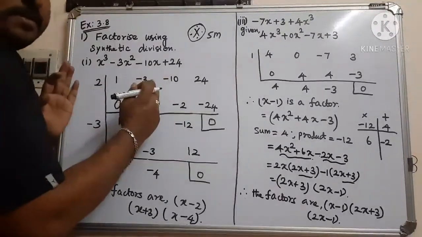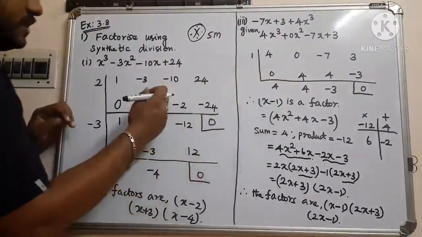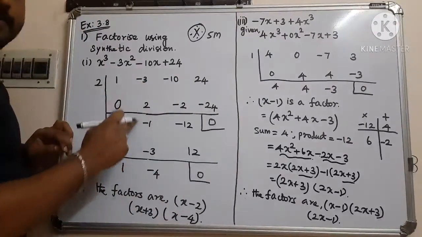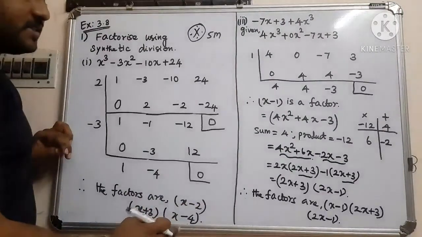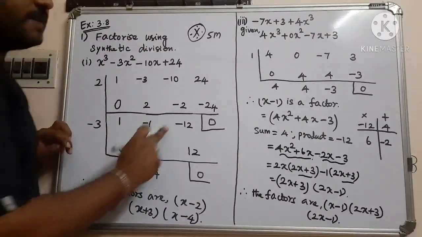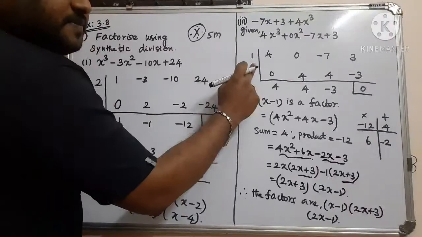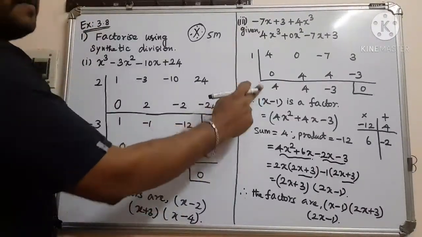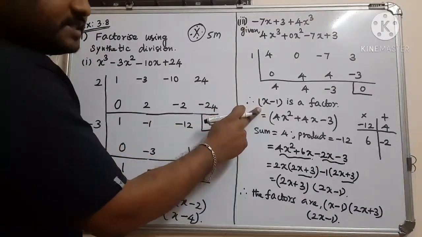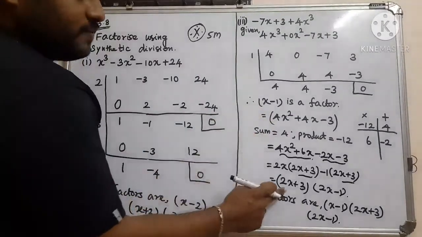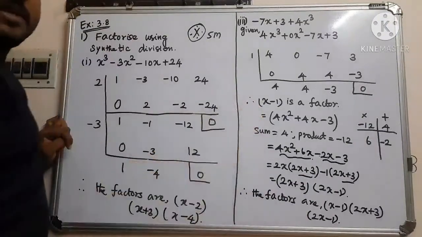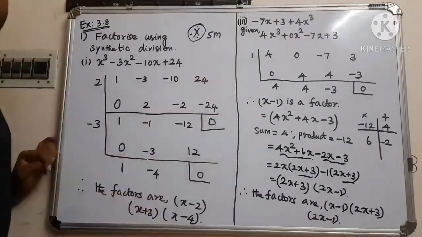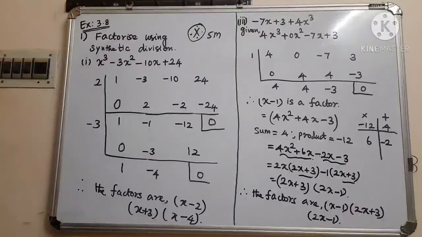You can use either method 1 or method 2. Method 1 is you can do it for both values, so you can find out all the factors using synthetic division. Method 2 is, first of all you have to use synthetic division for the first factor alone, and then the second two factors you can find out using normal factorization. So this method is also correct. You can use any one method. This is a very, very important 5-mark question.